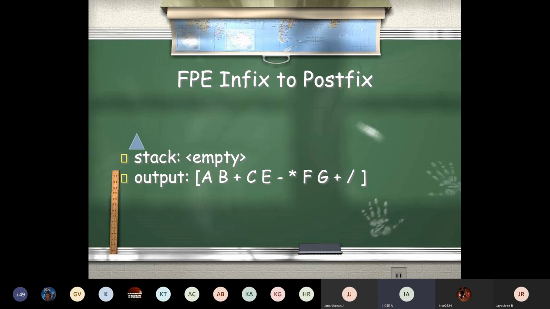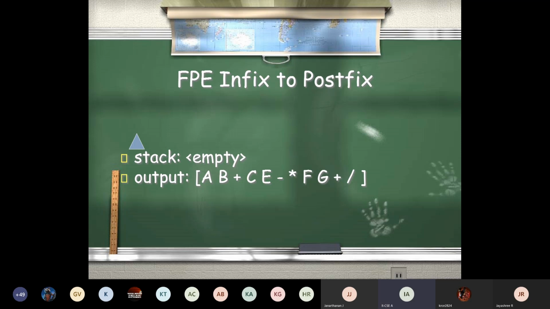And now this division will be applied on this entire term, that is this product, this multiplication operation you have done here in the first part. So on that and this F plus G, this division will be applied. So the order of your operators defines which one you are going to evaluate. Okay, the order of your operators will decide which one you are going to evaluate first. So that is your postfix notation.